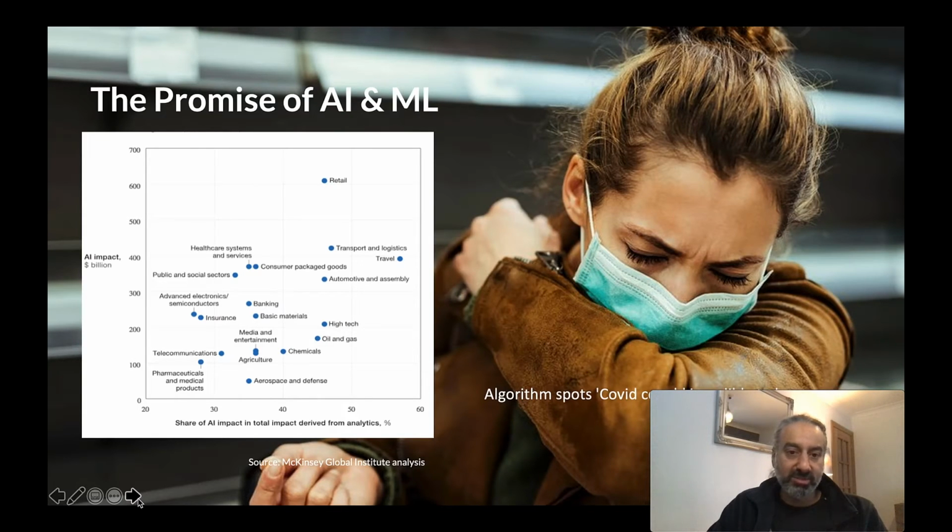Some great examples in retail, transport, and logistics, and I've worked on some of these myself in shaping the operations, what happens to logistics and transport, container ships as they come into port, the predictions on what to buy next or what to show next to customers, adding value to the customer experience through machine learning.